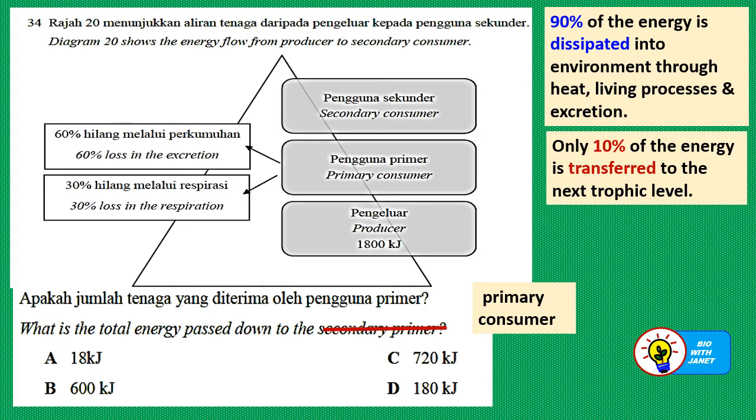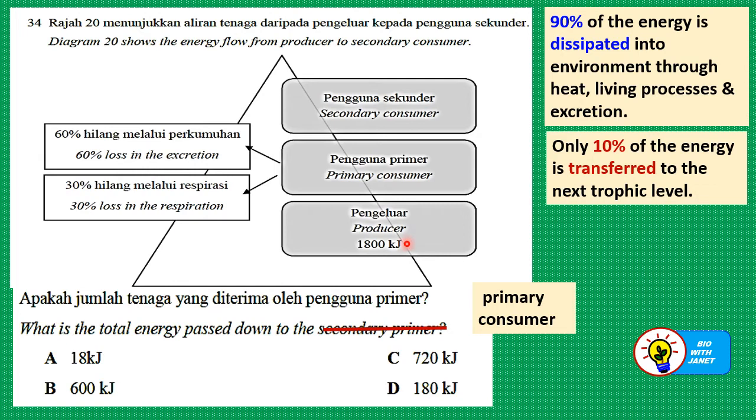Question 34. Diagram 20 shows the energy flow from producer to secondary consumer. What is the total energy passed down to the, now it shouldn't be secondary, it should be primary consumer, like in this Malay version, pengguna prima, to the primary consumer. Right. So here if you look at the diagram, you can see that